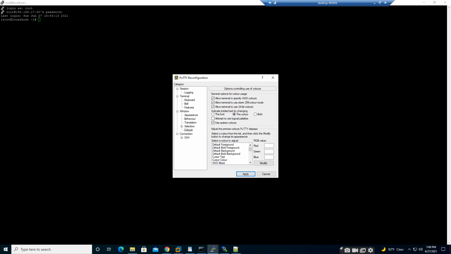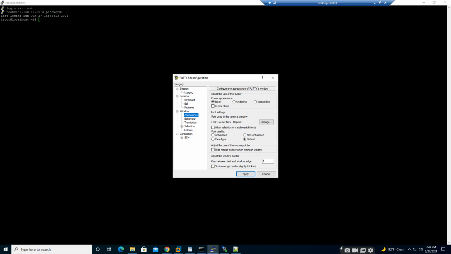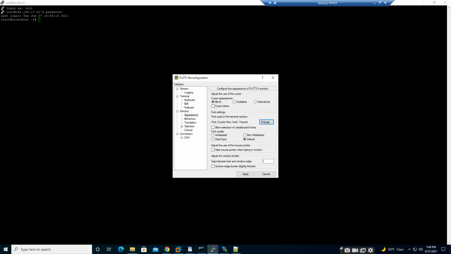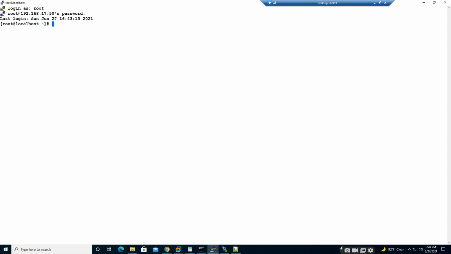I'm going to use system default colors and appearance, and change the font size to 14 and bold so it is easily visible. Right. So if I cat etc hosts, you will see the file is empty right now.